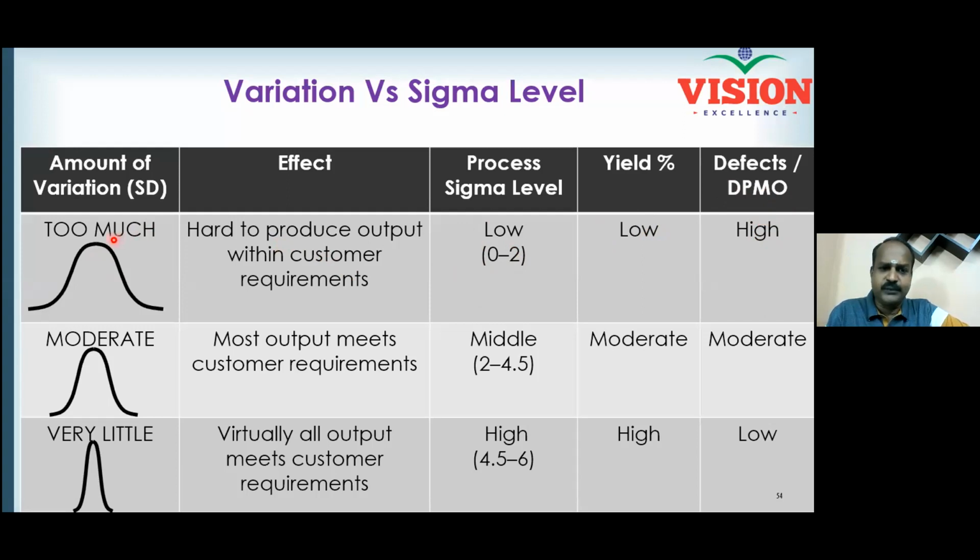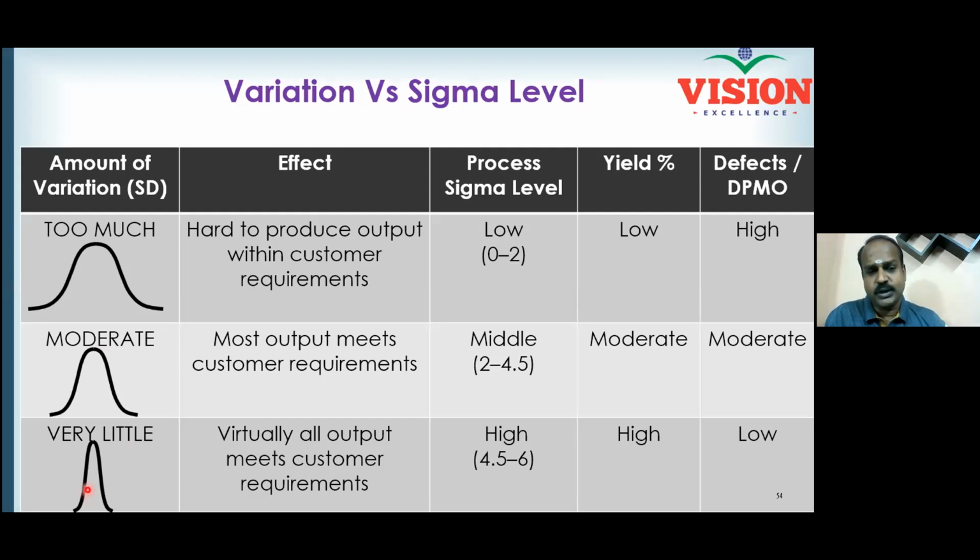On the other hand, if you reduce the standard deviation, your process will start looking like this. That means you will see it taller in the center, and you can understand your process has become a giraffe. Don't put a big animal in a small room like this. If you put an elephant in a small room, what will happen? It will definitely damage the walls. That means your control limit will go beyond the specification limit.